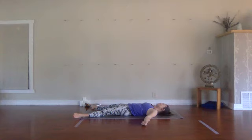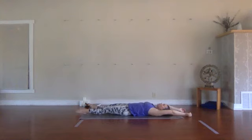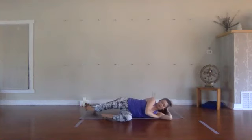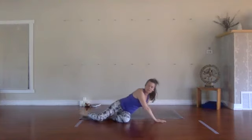Gently rock your head from side to side. Send the arms up and overhead. Legs nice and long. You can bring the feet together, taking a nice, big, awakening stretch. And eventually, after you've taken movement that your body is asking for, roll to one side. Take at least a round of breath in fetal position. And whenever you're ready, we'll meet in a seated position